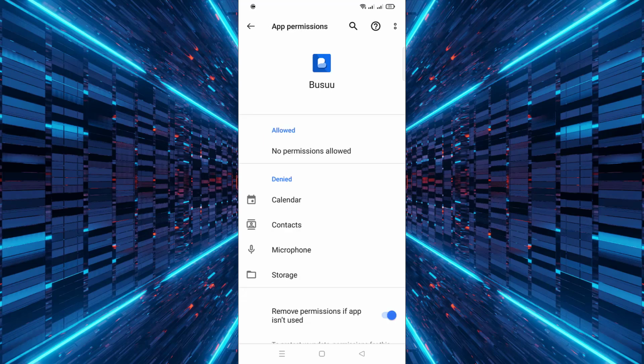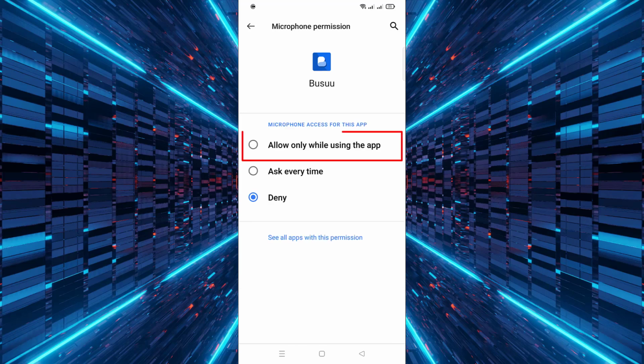Now look for the option labeled Microphone and tap on it. After that, choose the setting: Allow only while using the app. This means Busuu will be able to use your microphone only when you're actively using the app, keeping your privacy